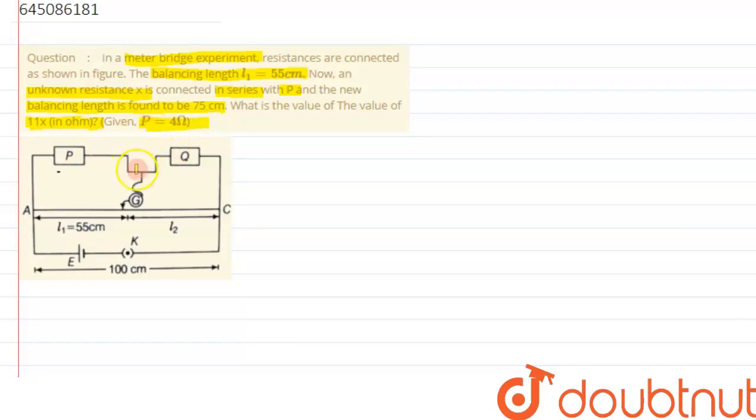Alright, so let's try to understand the situation over here. We have been given a meter bridge, and we know the meter bridge works on the principle of a balanced Wheatstone network. So under balanced Wheatstone we have 4 resistances, that is P, Q, and the resistances between this point, if we suppose this is a balance point D, the resistance of AD and the resistance of DC. So by the balanced condition, we can write resistance P by resistance Q will be equal to the resistance between AD,